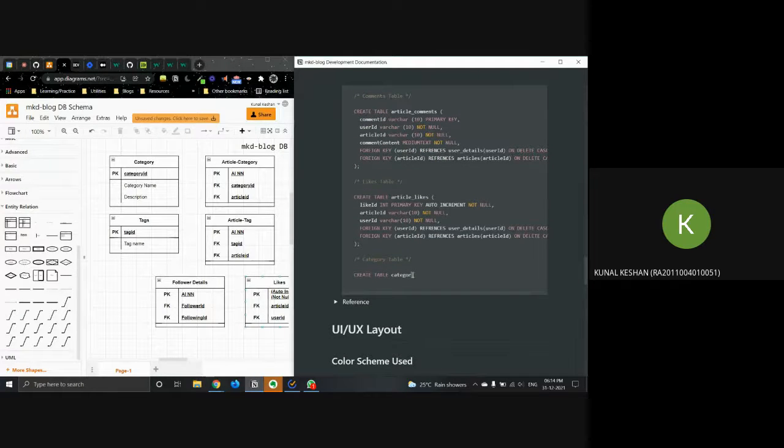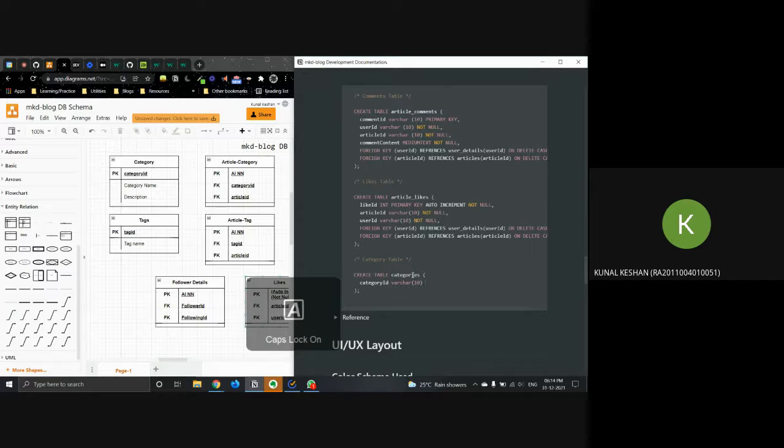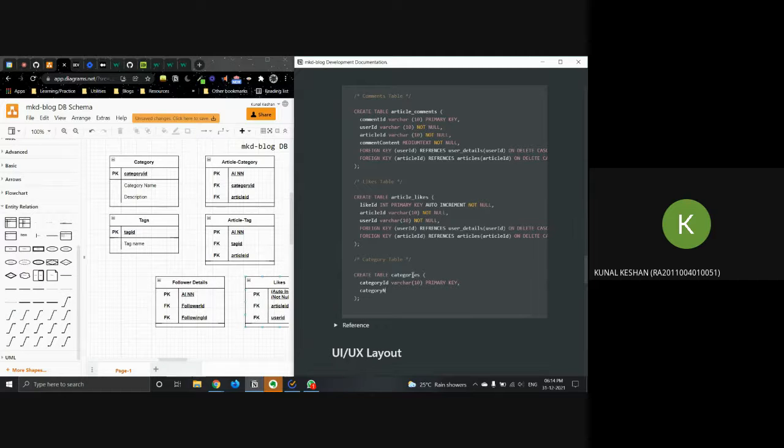Categories, and we'll have the category ID as the record and primary key, which will have the category name.